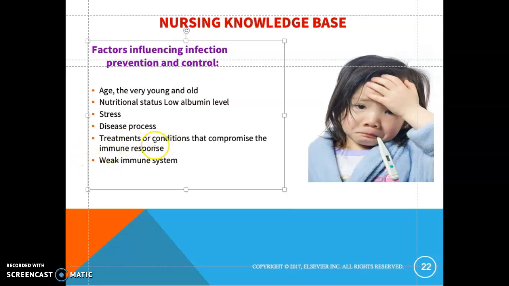Certain treatments also can compromise one's immune system and ability to fight off infection, such as chemotherapy. Patients who have cancer and are receiving chemotherapy or radiation therapy, that also lowers their immune response to fight infections. Patients receiving long-term steroid therapy also have a lowered ability to fight infection. Weak immune system, certain diseases like advanced cancers, advanced HIV, their immune system is